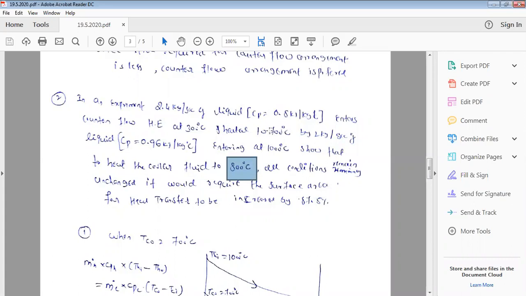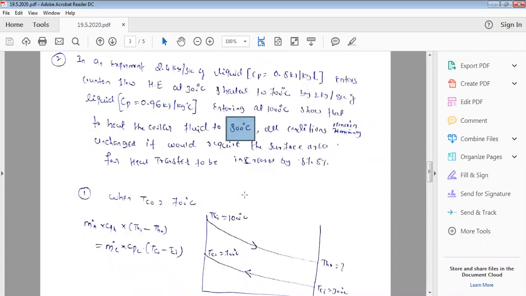Then if I calculate the area for both 700 degrees Celsius and 800 degrees Celsius, you can compare them. Then you will get to know the percentage increase in area. If I calculate, it roughly comes to about 87.5% increase in area. Okay, now let's see. Consider case one.